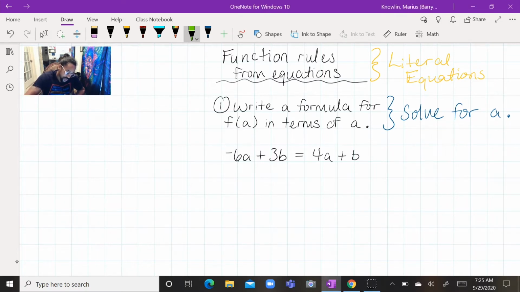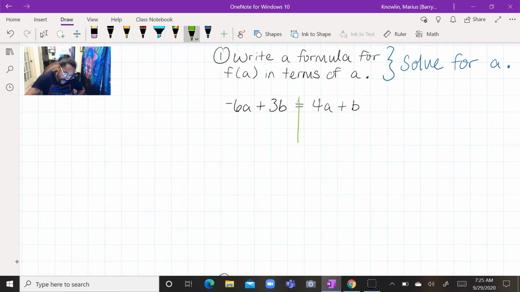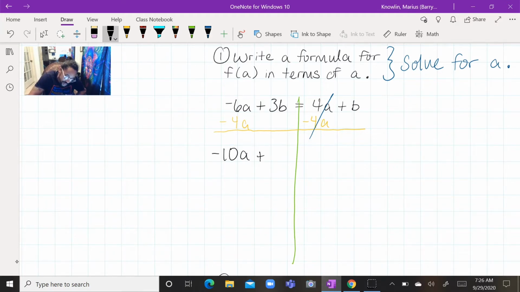We're going to go ahead and solve this one for a. First thing I want to do is split it into two sides. Since we're solving for a, in mathematics we really like to move the variable that we're solving for. We want to get that on the left side and get everything else on the right side. So I want to move that 4a to the left and combine it with the negative 6a. But in order to move the 4a, I have to subtract it because it was positive. Now, since both of these are negative, they're the same signs, I add them. That becomes negative 10a plus 3b